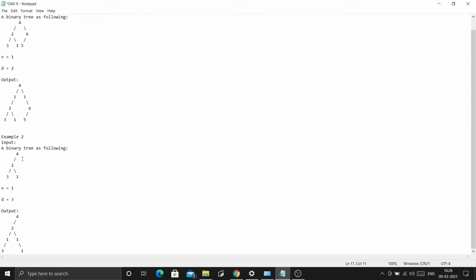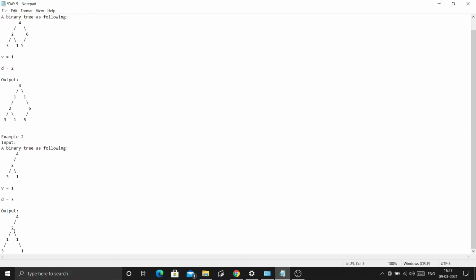Let's see another example. It is given depth 3 and value equals 1. So we have to search for the depth at which we have to add this. This is depth 1, depth 2 and depth 3. So we have to add this level of new nodes, a new node with the value 1. I will insert 1 in the left and 1 in the right of node 2.